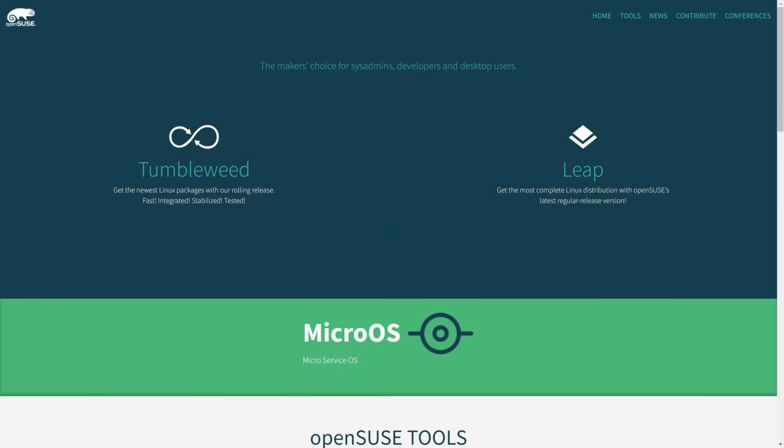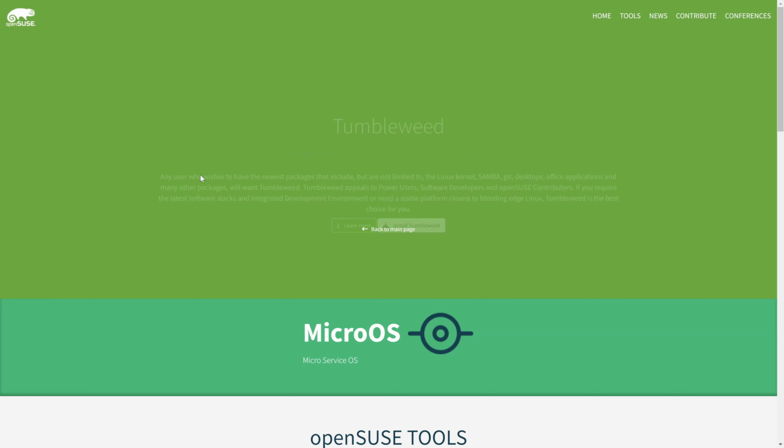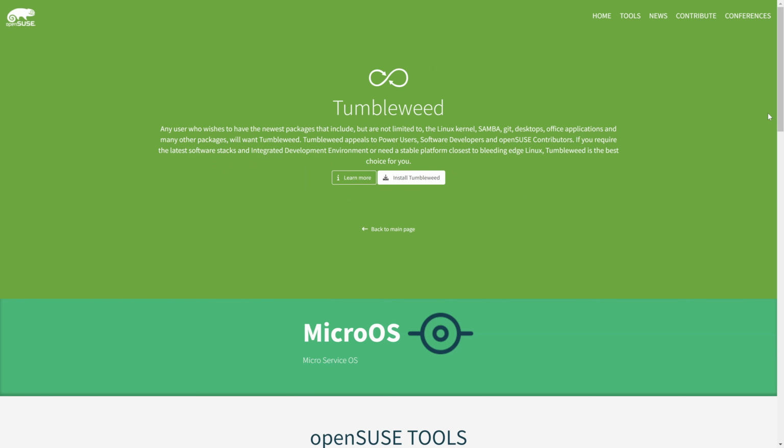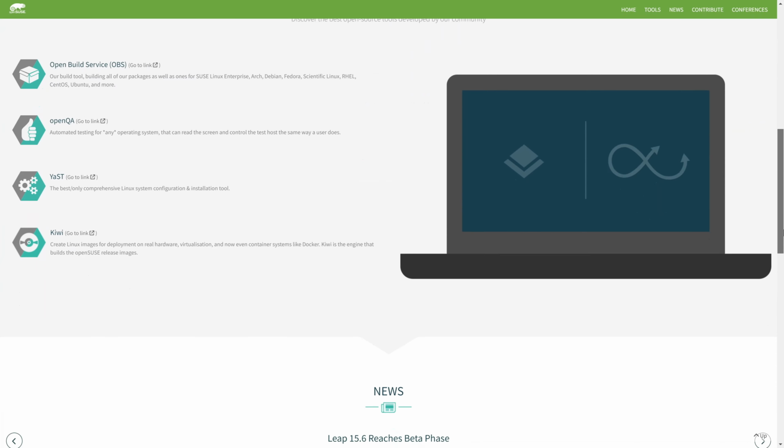Hello again. Today I will review the current version of the OpenSUSE distribution. It highlights key aspects, such as the continuous release model, which ensures that users have continuous access to the latest